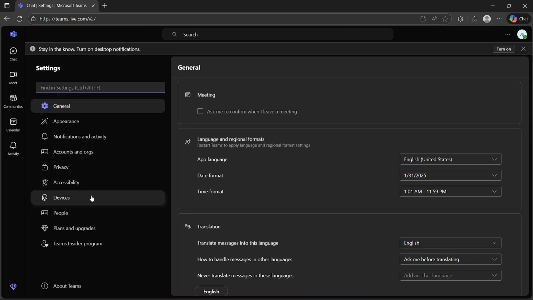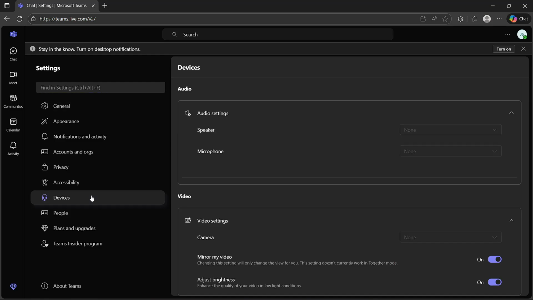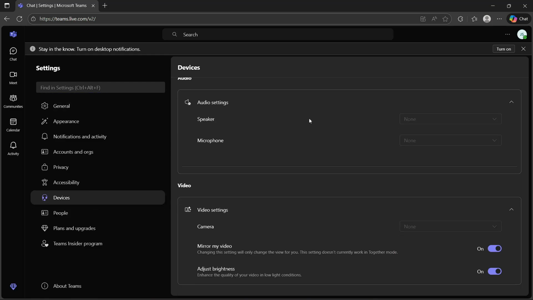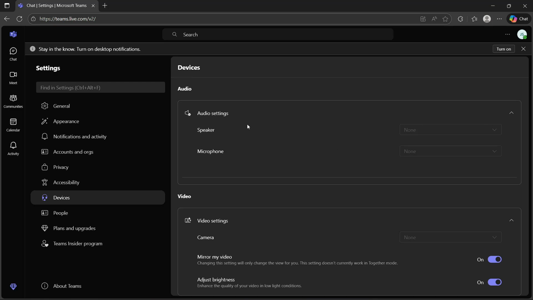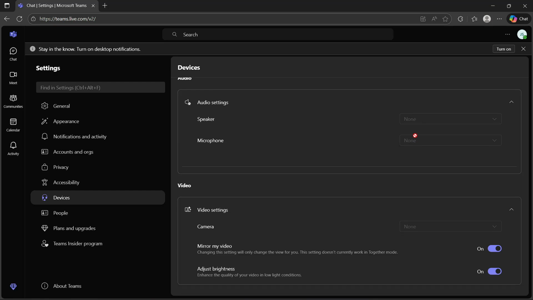And now that you're here, you will go to the devices section and then go ahead and look for the microphone section or audio. So what you will have to do is basically you will select the correct microphone, and you have to make sure again that it is enabled and your device actually supports this. And then you will just have to test your microphone using make a test call if it is available for